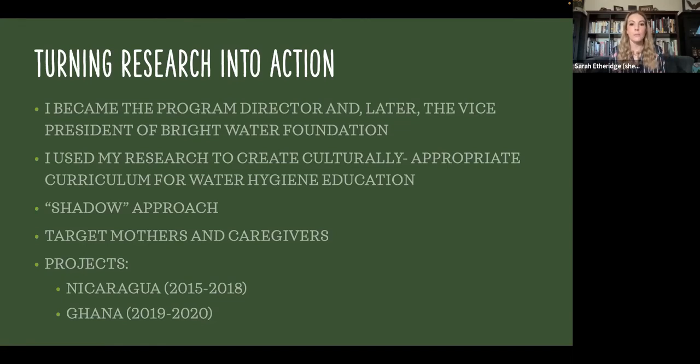I would teach these people, usually a 3-day long crash course, teach them all the curriculum, get them really comfortable with it, give them all of the resources, and then they would go house to house in the entire village and teach every single person this program. And this is really important because now it's not some foreigner coming over and telling you what to do. It's someone you know. It's someone in your community. It's someone you trust. They're going to be able to explain it to you in a culturally appropriate way, and you're probably going to listen to it.